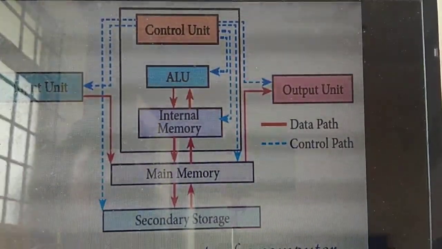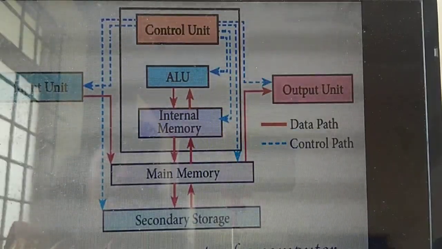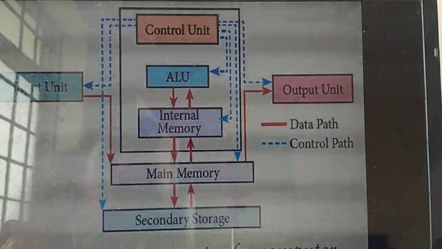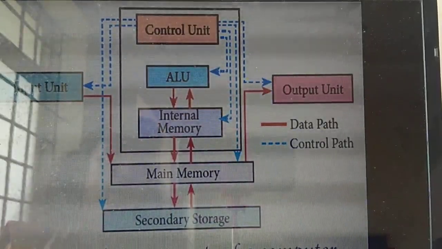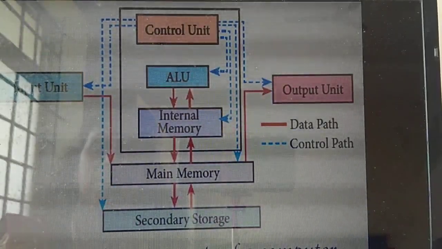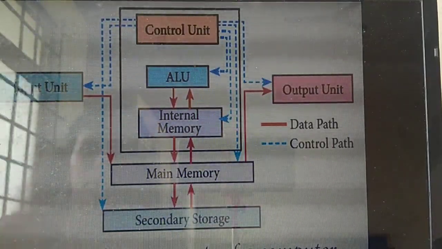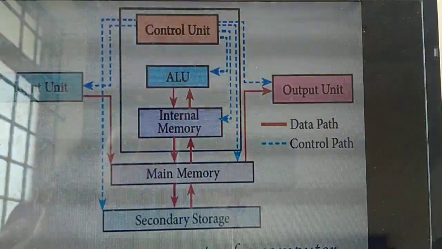If you are asked a 5-mark question, first write what is a computer, then the components of a computer, as I explained in the first slide. Then you need to draw this diagram. This is a very, very important diagram. You should draw it, then only you will get 5 marks. See the diagram. So 3 things I explained already: the IPO cycle, input, process, output.